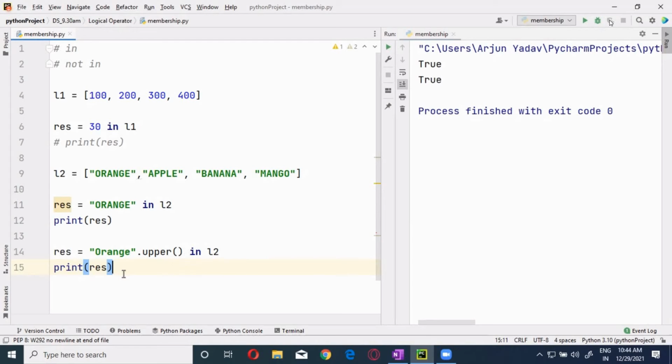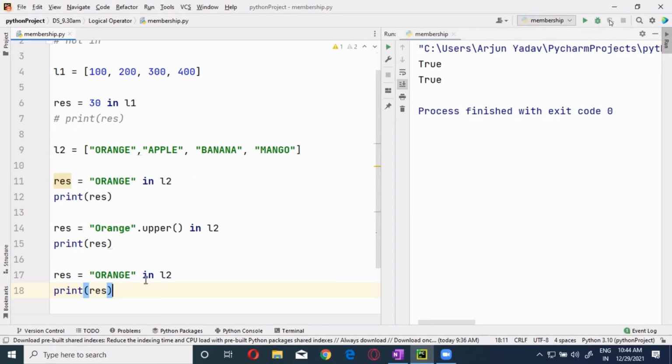Now tell me, 'o' in or 'a' in L2 of 0. What is L2 of 0?